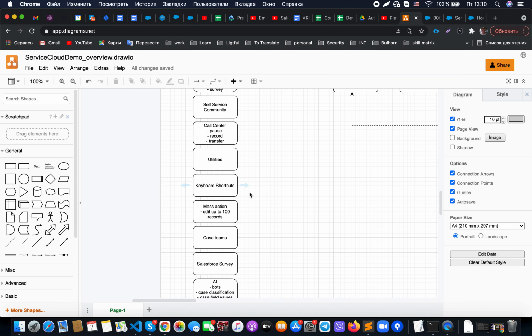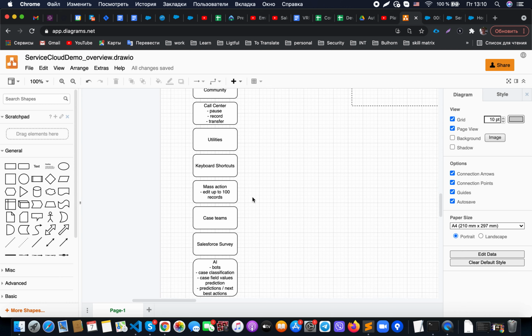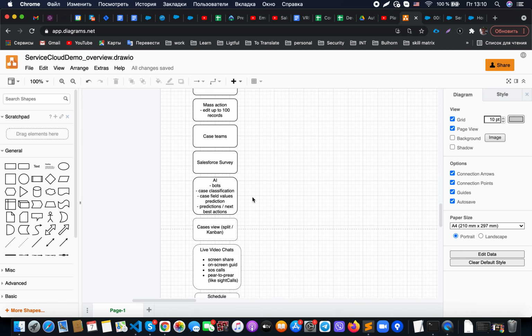Keyboard shortcuts are one more feature that allows people who really like to use shortcuts to specify their own shortcuts or check what kind of system shortcuts they have. So for example, opening omni-channel, or sending an email, and so on and so forth. Also here we have options to mass update our records. So for example, with mass action, we could modify up to 100 records, and it's